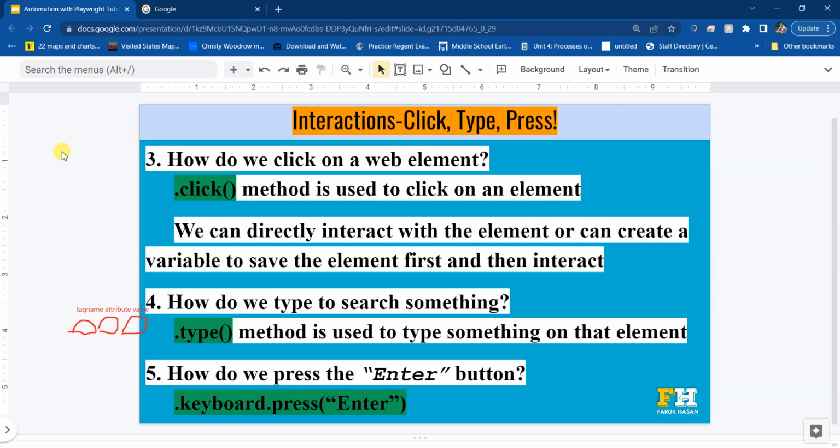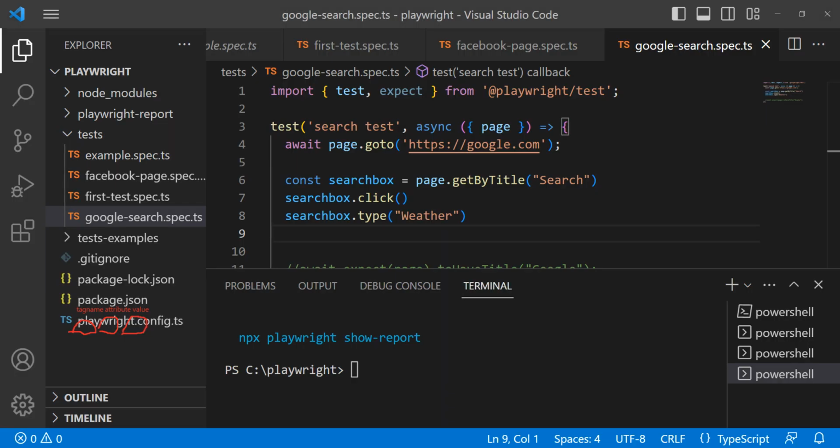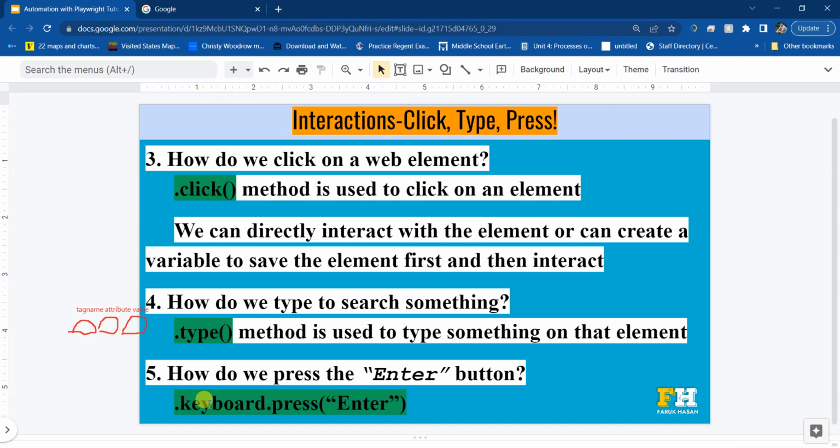What is the last action that we're doing? The last action is to press the enter button. How do we do this? We have to do keyboard.press enter. This is the command that we are going to write. Again, the first command is click, the second command is type something, and the third command is to press the enter key. I think we already did the type, yes. The last action we're going to do is